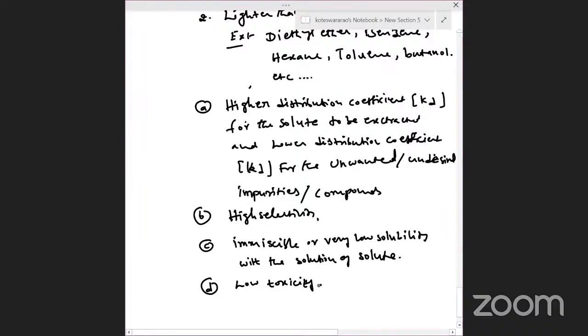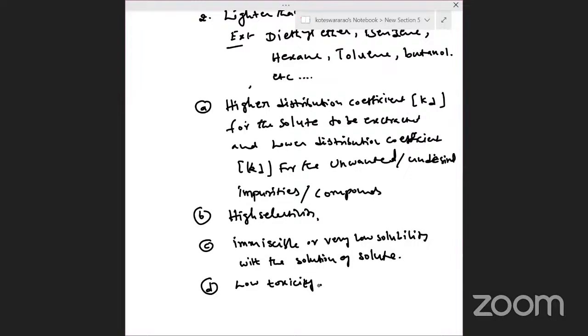That should be care we need to take when we are doing the extraction. Therefore, the solvent should be less toxic. Suppose you are using benzene, it's somewhat toxic and highly carcinogenic in nature because of its planar structure,